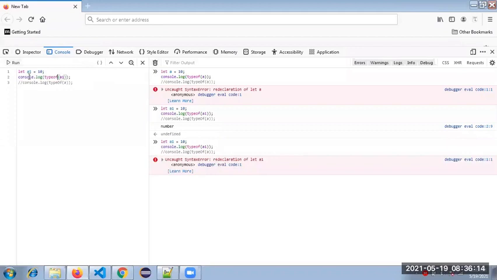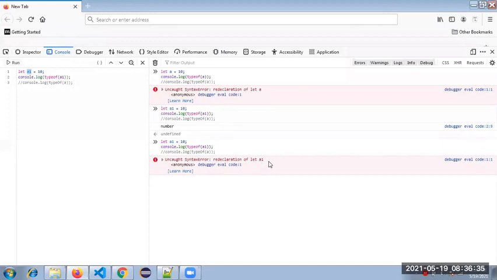See, when I run the same thing two times with the same variable, what is it saying, guys? Syntax error, redeclaration of let A1.